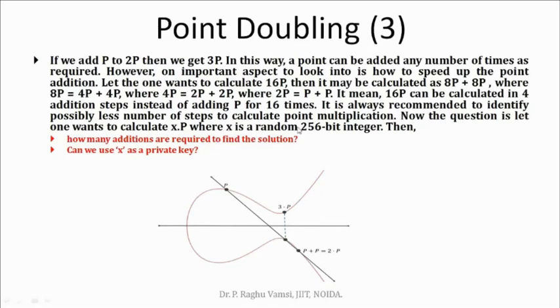So that is the reason whatever points are generated on the elliptic curve are said to be the public keys only. The private key can be selected by the user at their own will from the 256-bit integer range. That is the beauty of elliptic curve cryptography. Here you are not forcing the user to use a particular key as the private key, like the RSA algorithm, but here we give the freedom to the user.